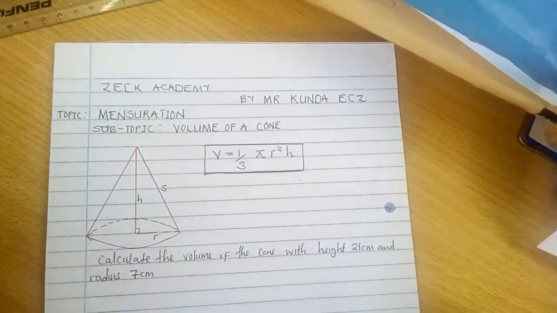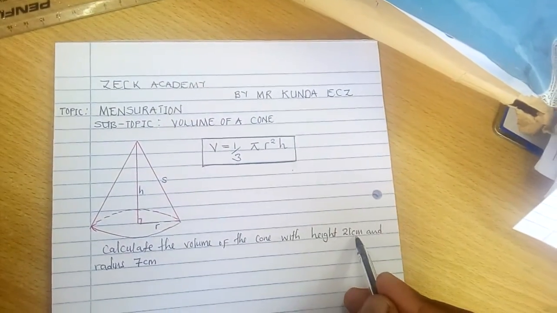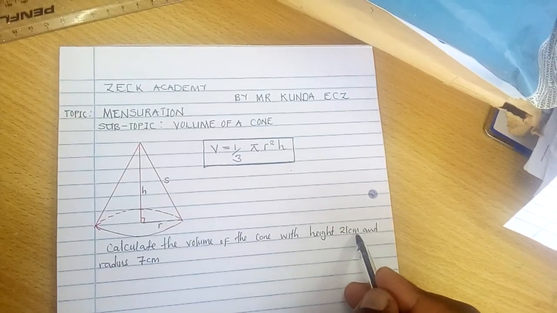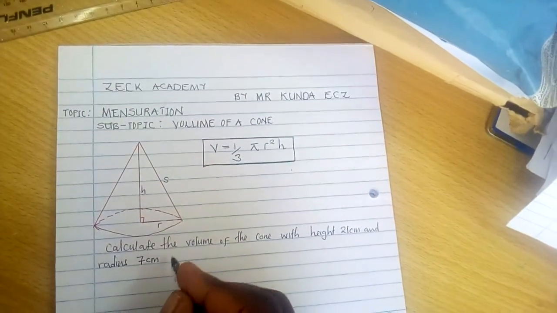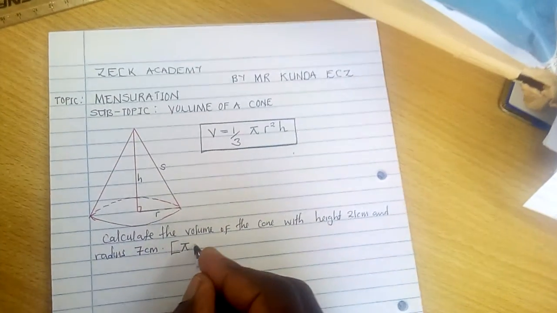So if we are to determine the volume of a cone, when the height is 21 centimeters and the radius 7 centimeters, taking pi to be equal to